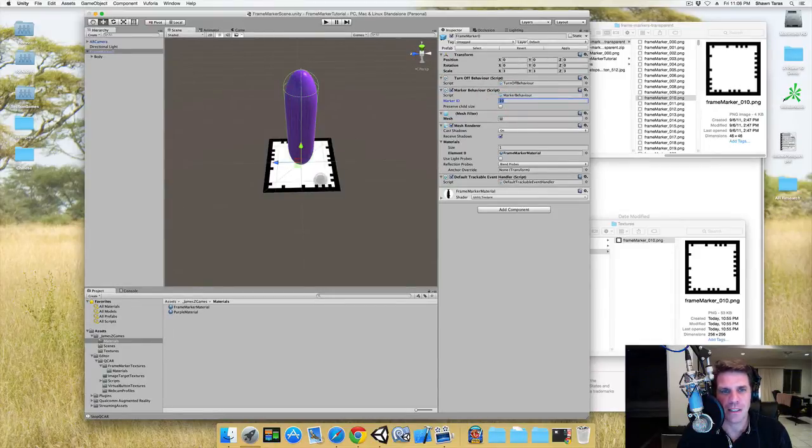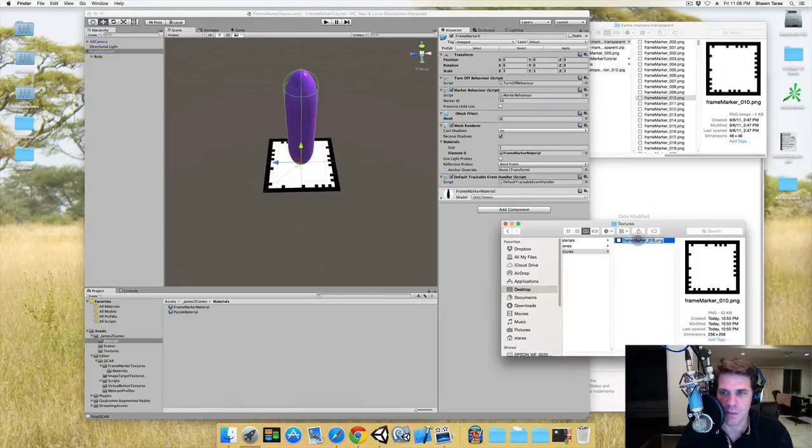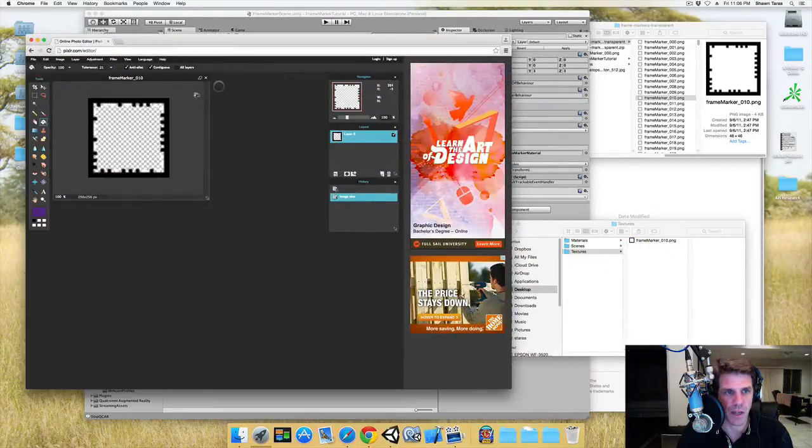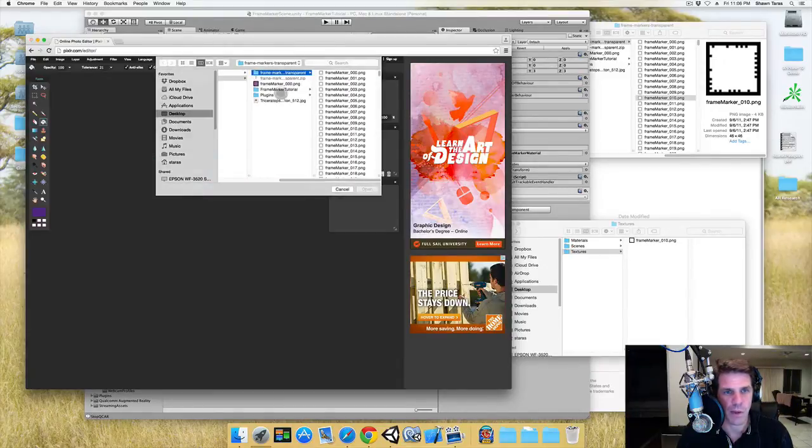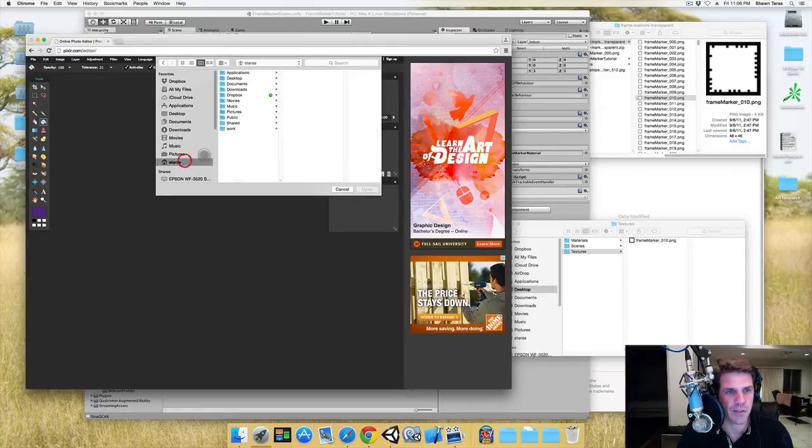Okay, so it really doesn't actually matter what you show here. What's important is that this marker ID matches whichever one that you print out. So just to prove to you that you can edit the inside of this, I'm just going to use the online tool here to open up that 256 by 256